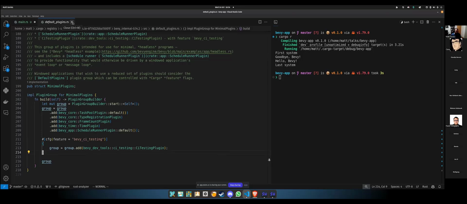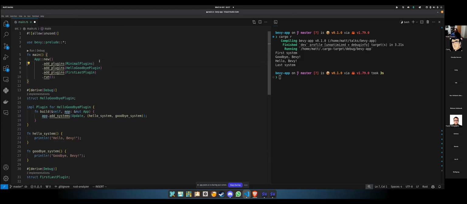Now you can go in and add individual plugins yourself, but that's up to you. 50 megabytes for a full-blown game engine isn't that big, I don't think. But it does matter when you're running it in a web browser because you're going to download that 50 megabytes, right? I don't have much experience building games for a web browser, so I'm probably not the best person to answer your question or give you advice on what you would do better. So sorry,